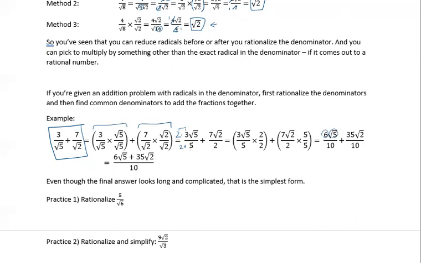This second fraction, if I want 10 on the bottom, then I'm going to multiply by 5 over 5. So right here, 7 times 5 is that 35. And then I have the square root of 2. And then 2 times 5 is 10. So now I have the same denominator, and I can put them all together as one fraction because the denominator